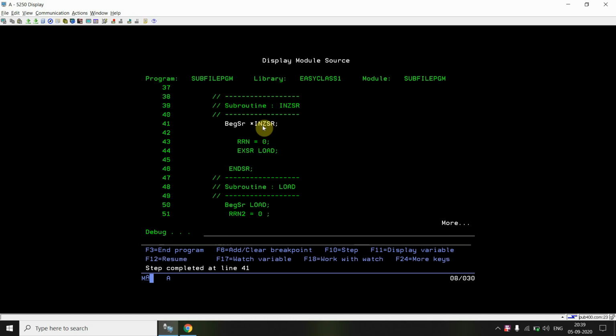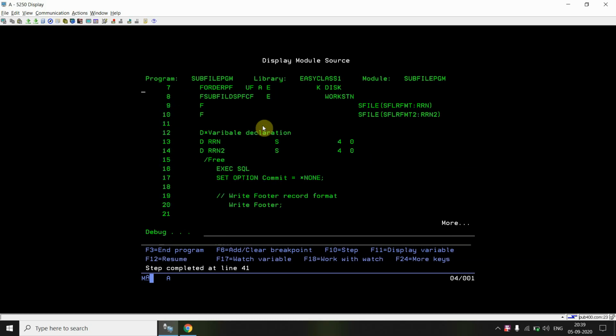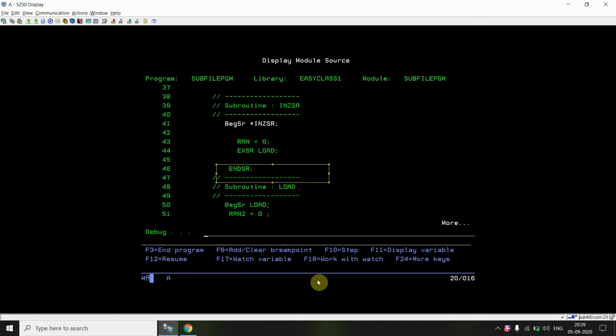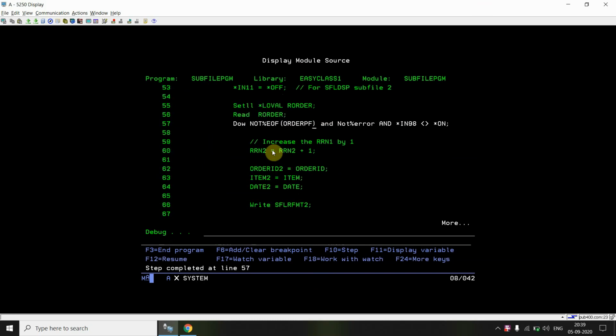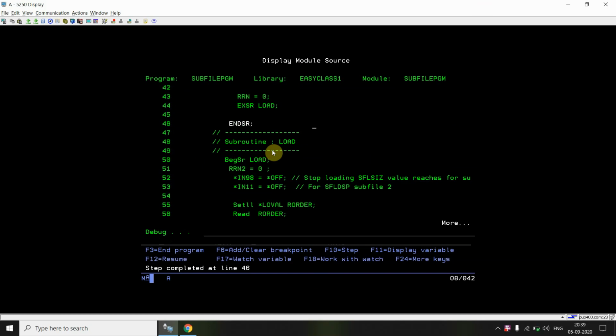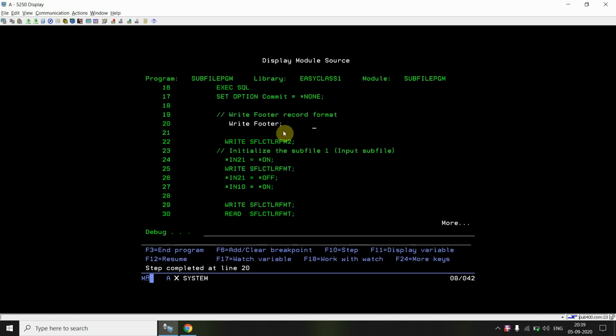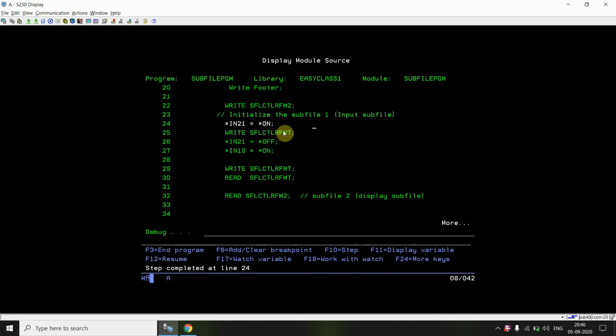The first thing is initialization, but before that, this is the first statement in the program, but that is not executable. Loading the subfile. This is the second subfile loading, so no records are found. Now writing the footer, second subfile writing. Now initializing the first subfile.